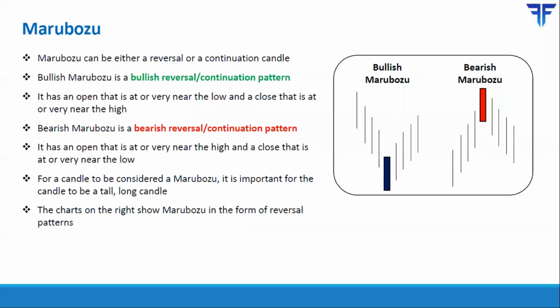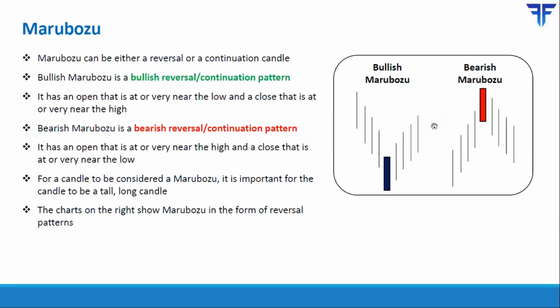Now, a thing to note over here is that a Marubozu can either be a reversal or a continuation pattern. Each of the patterns that we have studied until now were either bullish reversal or bearish reversal. That is, they were reversal patterns, whereas a Marubozu can be a reversal or a continuation pattern as well. The image over here shows Marubozu as reversal patterns because, as you can see, in case of bullish Marubozu, the trend was down, then the Marubozu appeared and the prices started moving higher after it. So it's a reversal in this presentation, but in the real world, it could either be reversal or continuation.